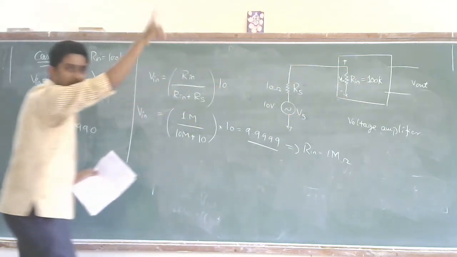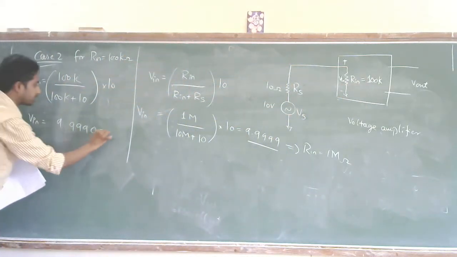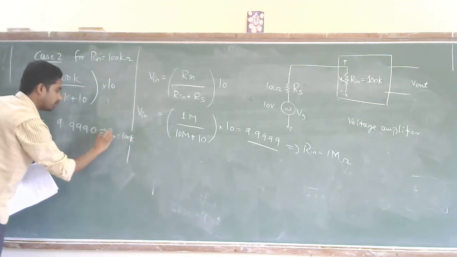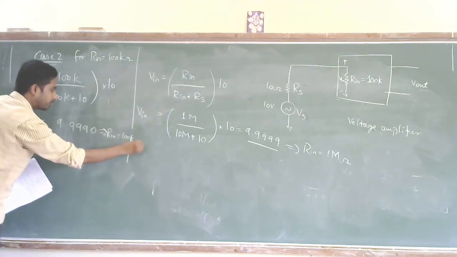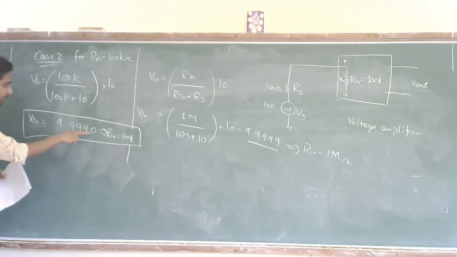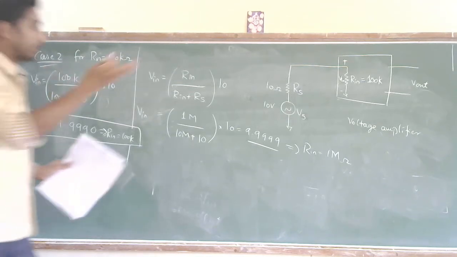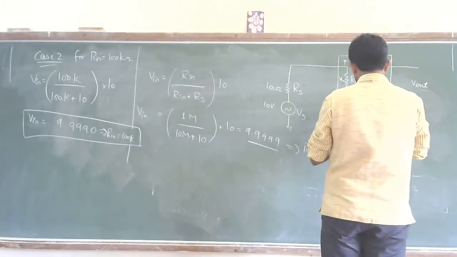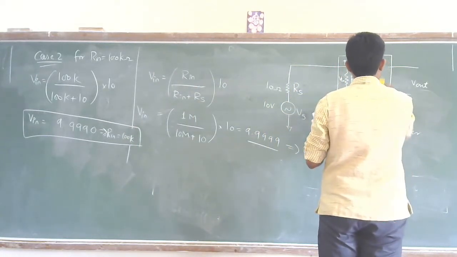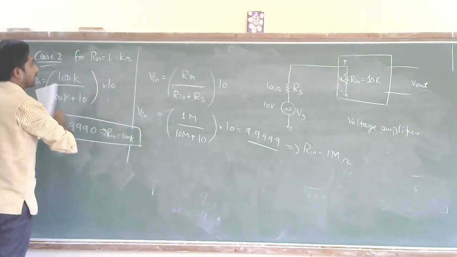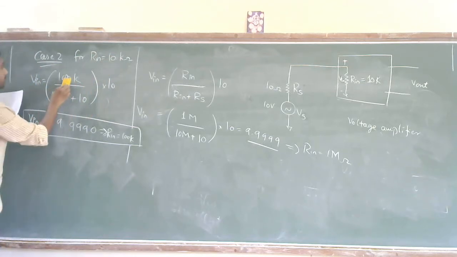kilo ohm, which means I am decreasing the resistance, what is happening over here? This is for Rin equal to 100k. The moment I did this, what happened here? Can you see a dip in the voltage? It went from 9.999 to 9.996. Of course you can say it is a decrease, that is also fine. Now if that is fine, let's try to reduce this from 100k to 10k. So now this is for Rin equal to 10k. So I will remove a zero everywhere over here.